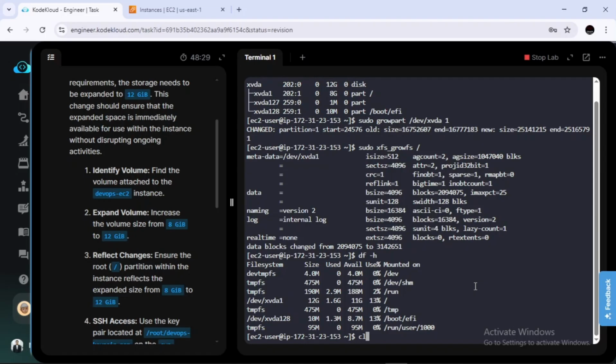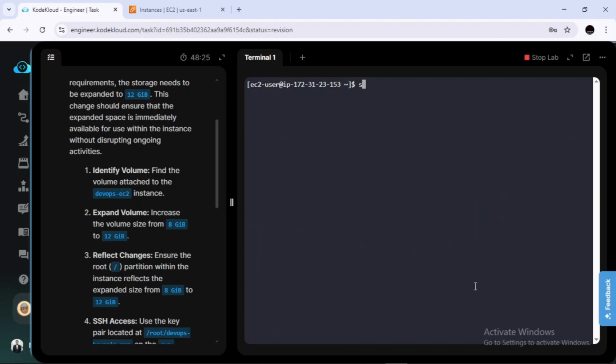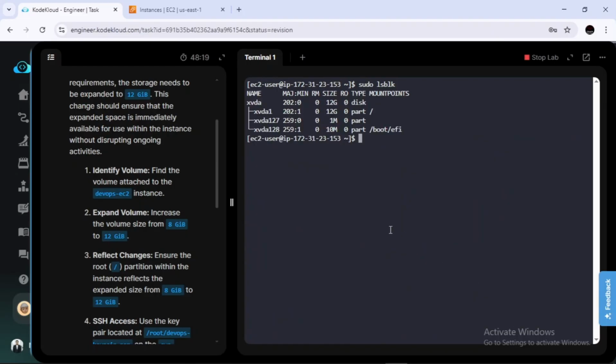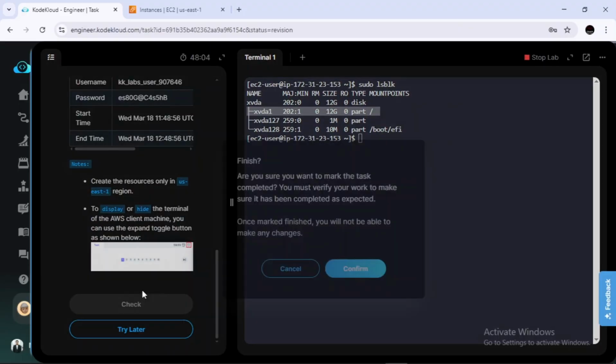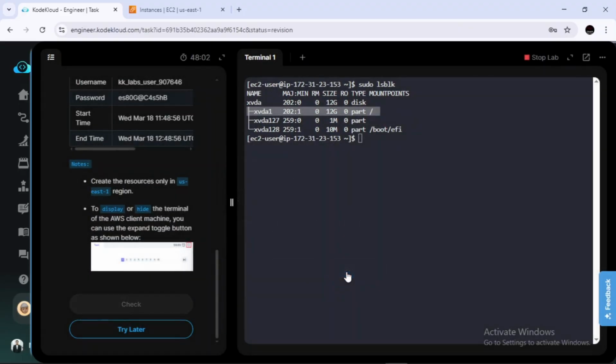Also sudo lsblk, list block storages, and now it is pointed to this 12 GB partition. As you can see, the root partition is now 12 GB. Let's verify our task. Yes.